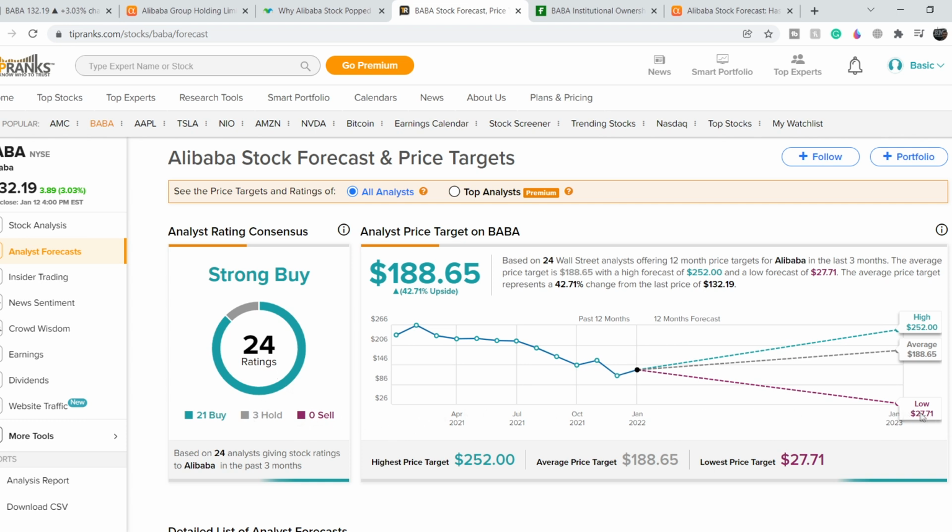And we have the lowest price target at the price point of $27.71, and it is extremely low. It is a new price target. Average price target is $188.65, and the highest price target is $252. And to average price, this stock has a potential of